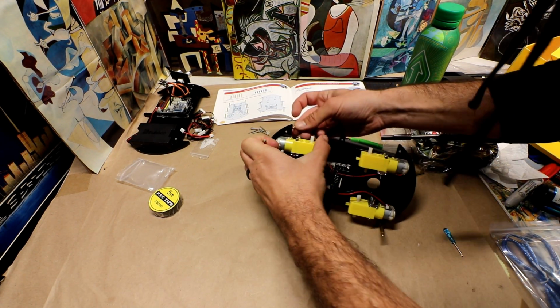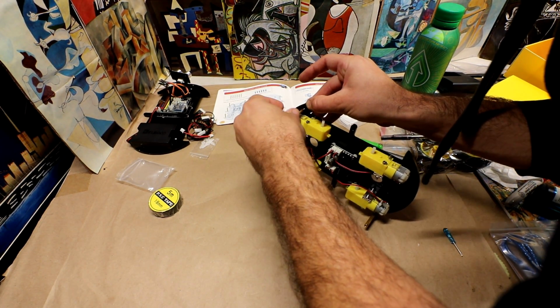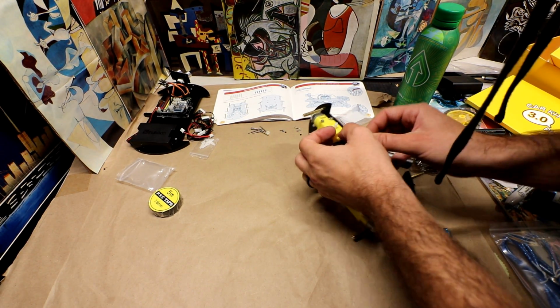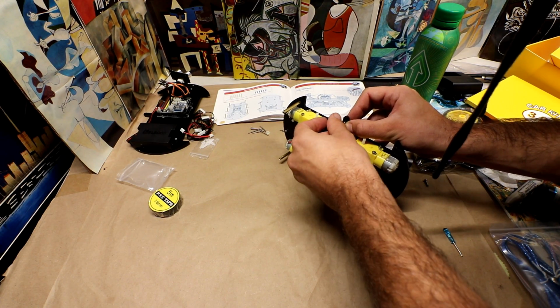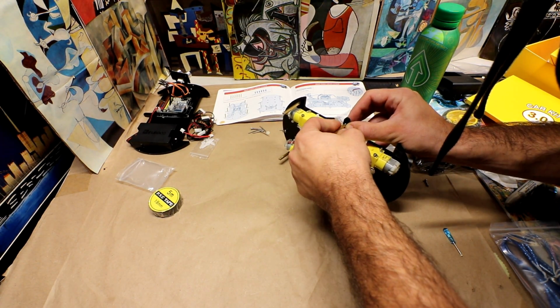If you have any extra holes besides the 2 holes in the middle for running your wires, you've done something wrong. Or you're doing it out of order, which, you know, that's fine. It's your project. You know, assemble the way you want. I've never assembled this particular model before, so I want to make it as...